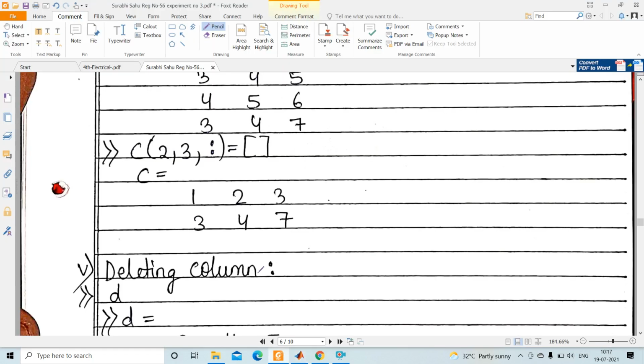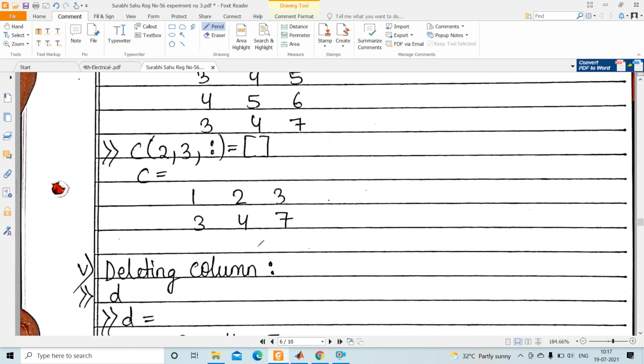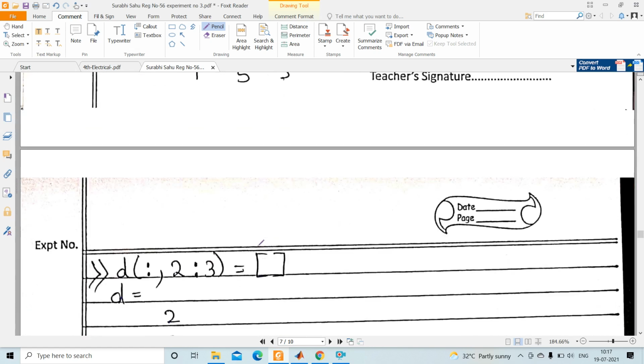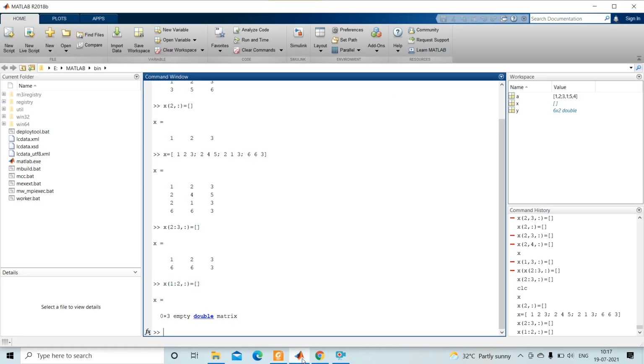Okay, then how do you delete a column? For deleting a column, first of all create a new matrix.